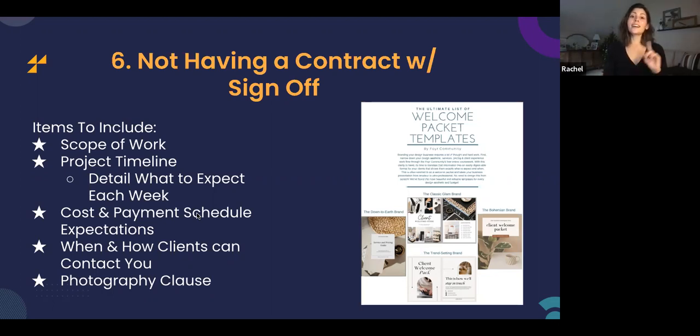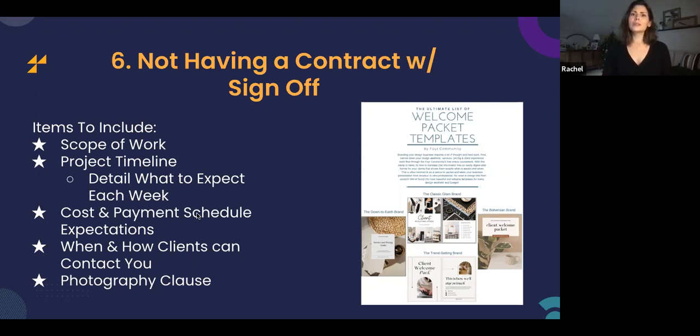And this is yet another thing that you can bring up in your discovery call to figure out if this person is going to be a good fit for you, because you don't want to invest all of this time and work and then not have anything to show for it at the end. If right off the bat in your discovery call, you say, hey, typically I have a photographer come in and photograph the space when it's done. Is that something that you are willing to sign off on in the contract?